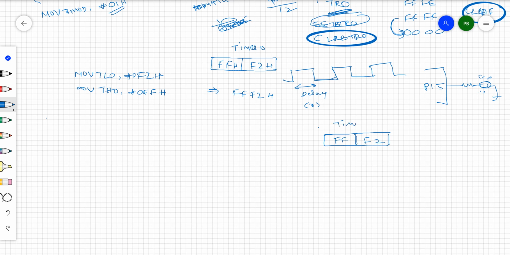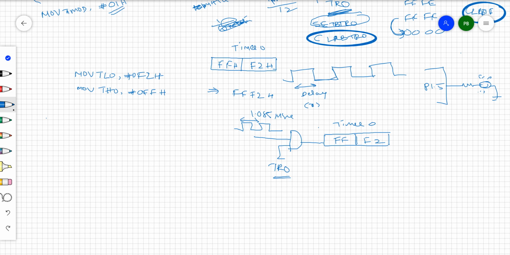In timer 0, right? Now with what frequency is it going to be incremented? Start the timer with the timer run bit TR0, and with the frequency whose time period is 1.085 microsecond. With this frequency it's going to be incremented, right? If you want to start this particular timer, you need to run this particular timer, right?